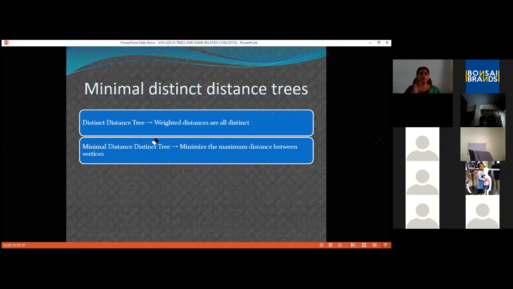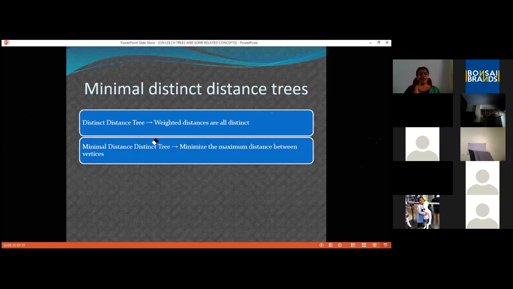Okay, so we need to assign values to edges. We need to check the path weights. These path weights must all be distinct, and we try to minimize the maximum path weight used. We know that there are nC2 paths. So to have distinct path weights, we need the maximum distance to be at least nC2.